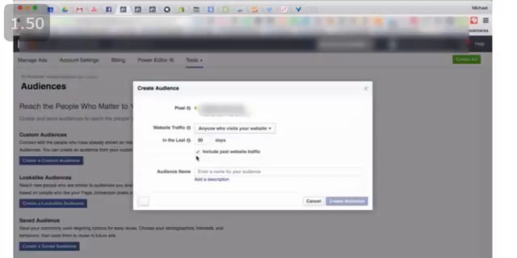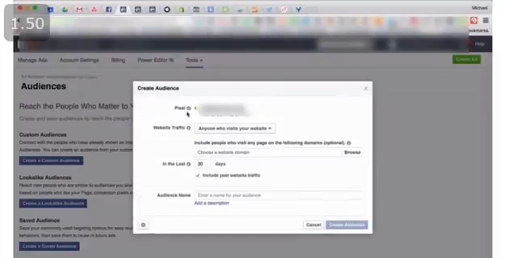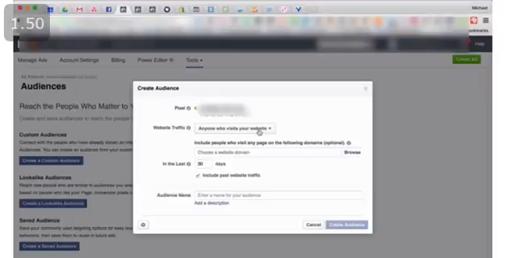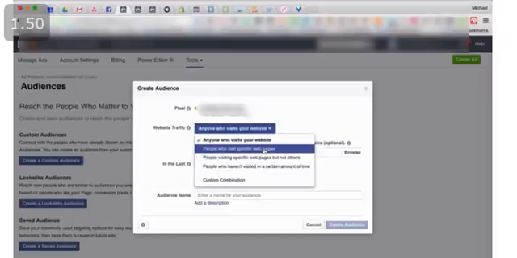We're going to go ahead and go to website traffic, and you can see here some options for me to start creating custom audiences. So I can choose anyone who visits my website, and I would just put in my website's domain right there. I can choose people who have visited specific web pages. So this is real handy. Say you have an opt-in page, and you want to be able to retarget people who visited that opt-in page but didn't opt in. Okay, so you could create a custom audience of people who visited that opt-in landing page,